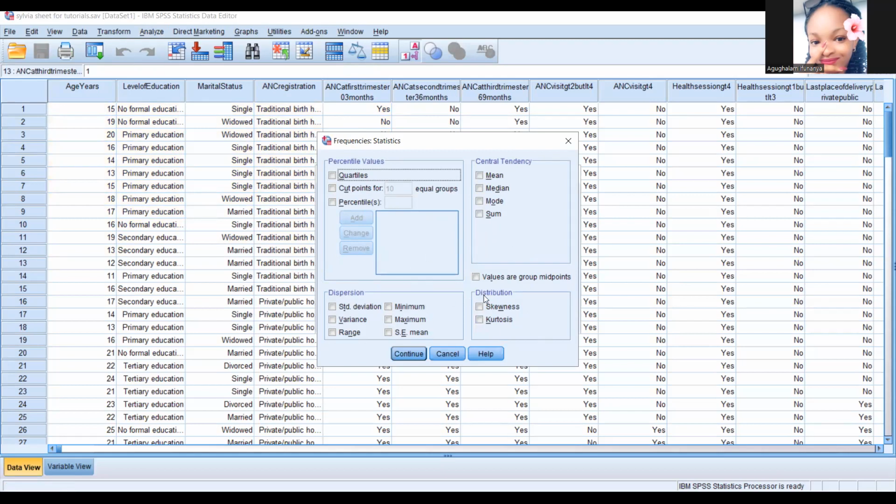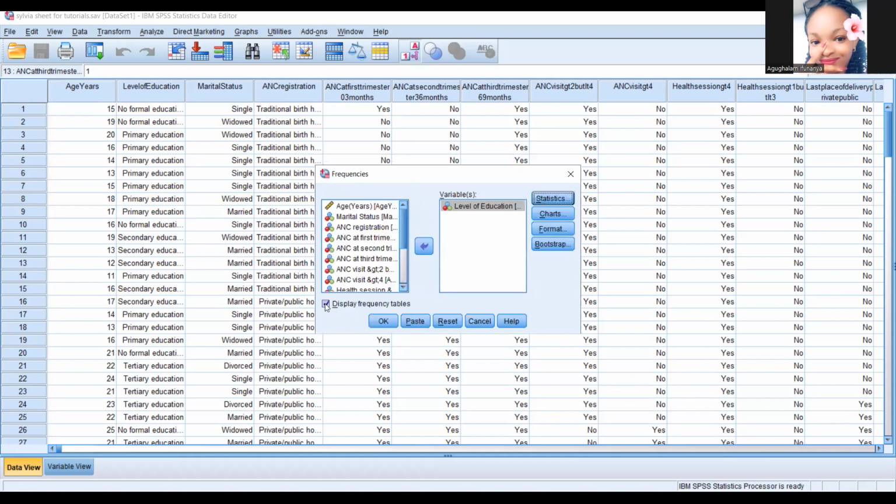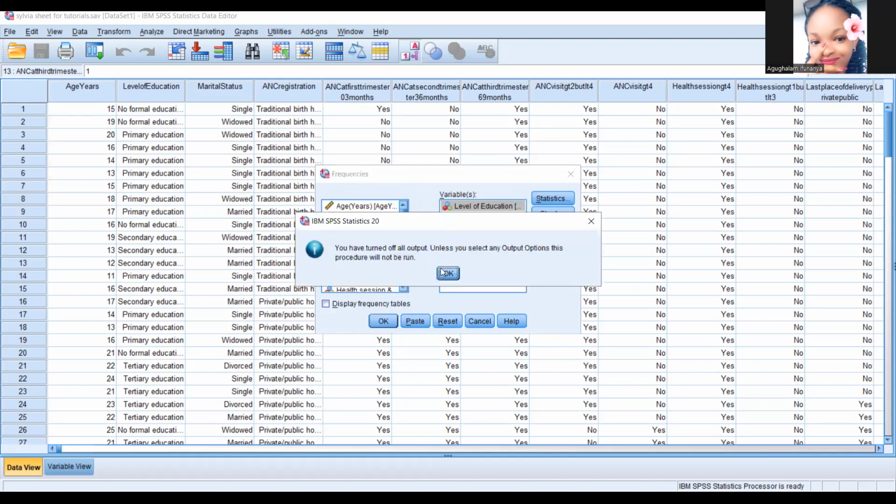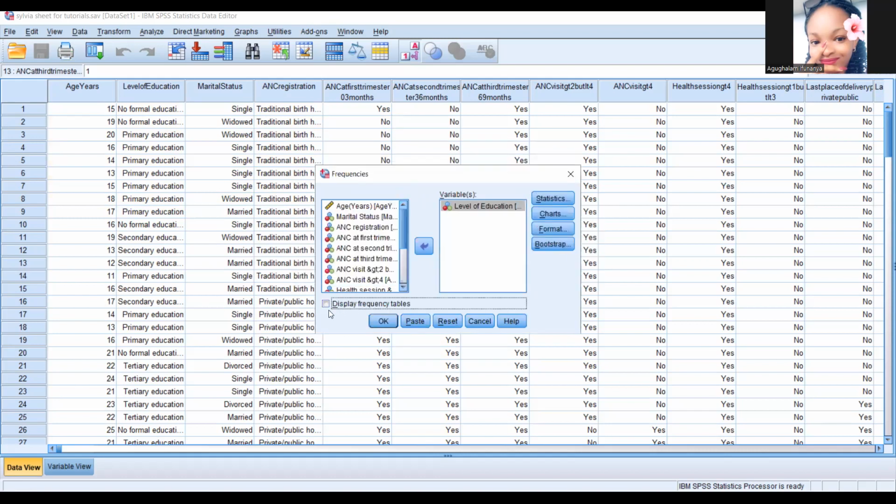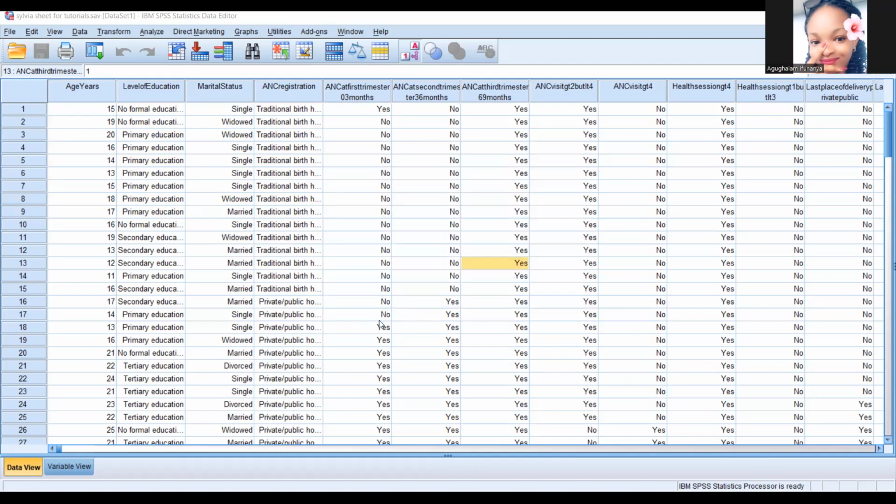Right now, we just want the frequencies and then the percentages. So since we are not using this, we just say continue, and then we want our frequency tables to show. So if your frequency table is unmarked, you click on it, it shows a tick sign, and then you press OK, and then the output shows